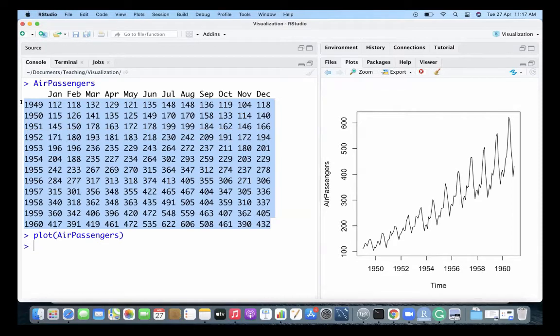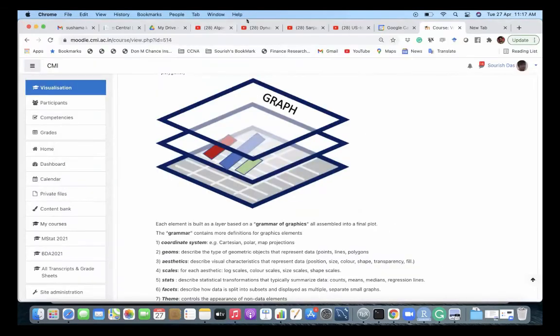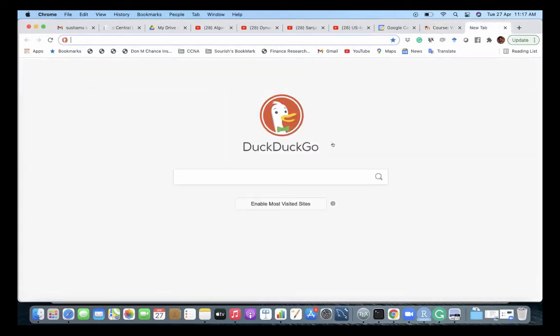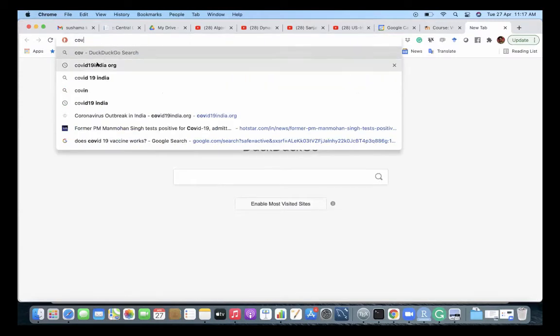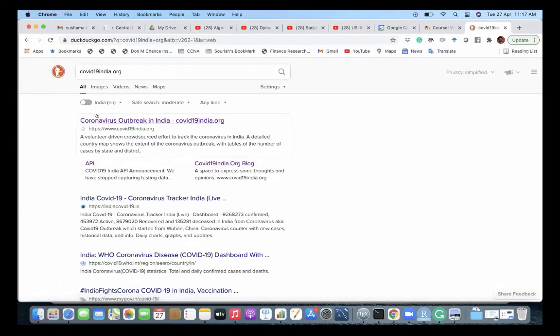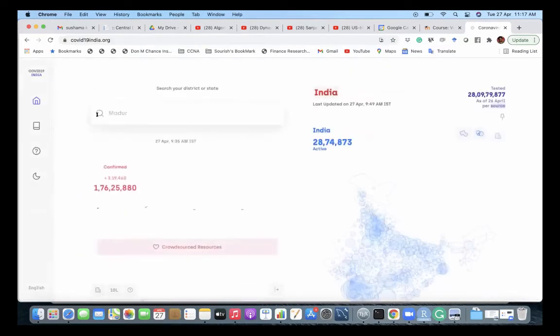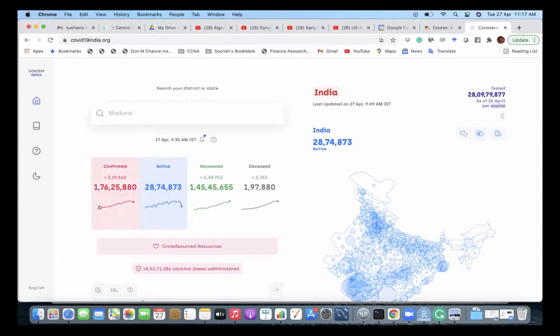Like if you go to covid19india.org, I think, yeah. So these are time series data.